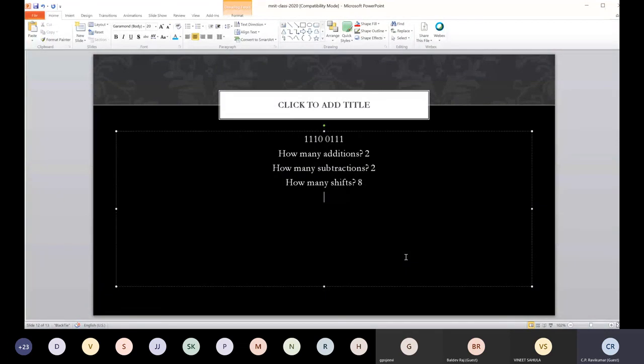Compare this to the original case, where I believe we would have had 6 additions. So we have reduced it from 6 to 4. It all depends on a bit of a luck factor, right? If I give a 1010 pattern, the algorithm that I have come up with, the Booth's algorithm, may do worse.